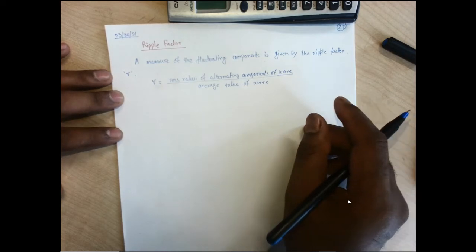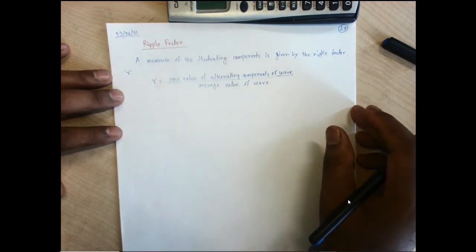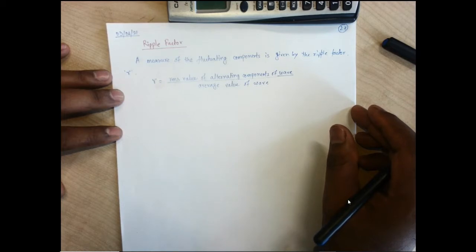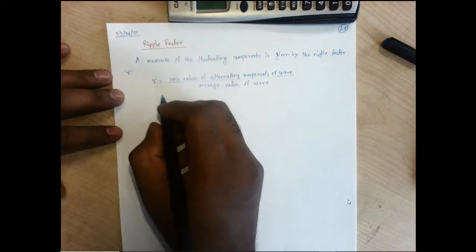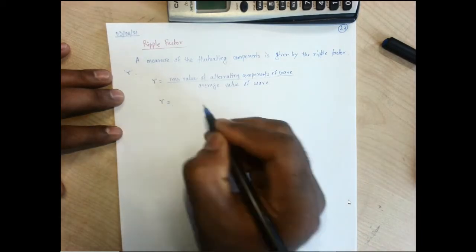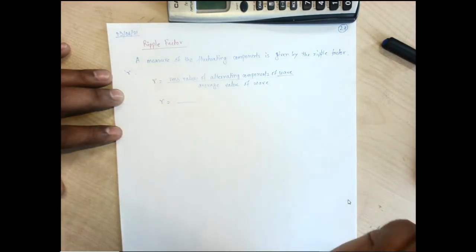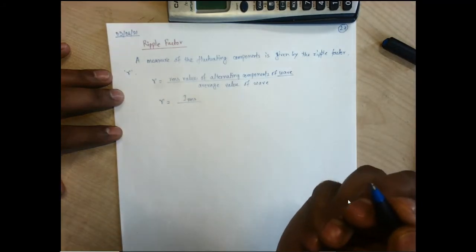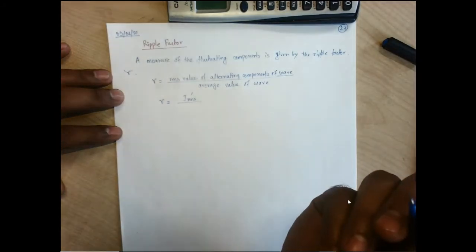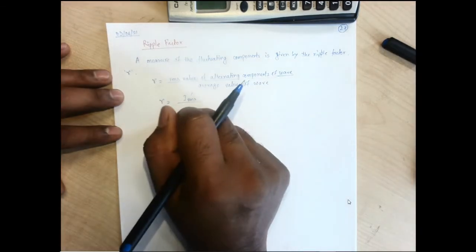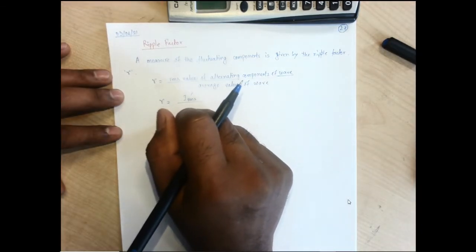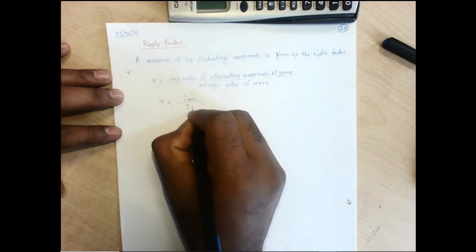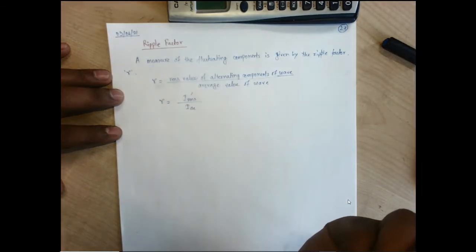So how much RMS value of alternating components is still left compared with the average value of the wave, means how much DC has been converted, and comparing to this, how much AC has been left. That is what the ripple factor is all about. So this RMS, let us consider it as I RMS prime, which comes from the input. It is the left out RMS value of the input which still needs to be converted, compared with the DC which has been converted.